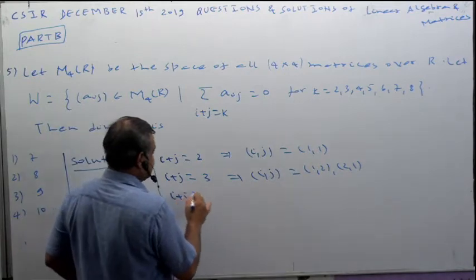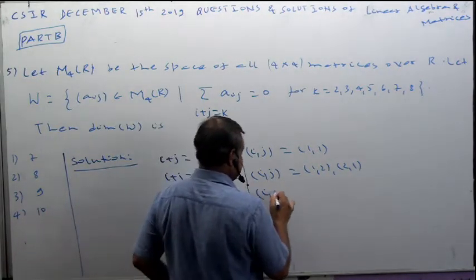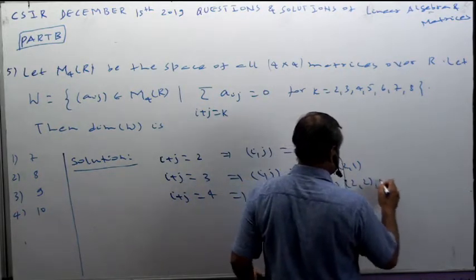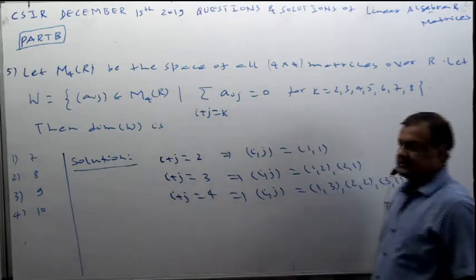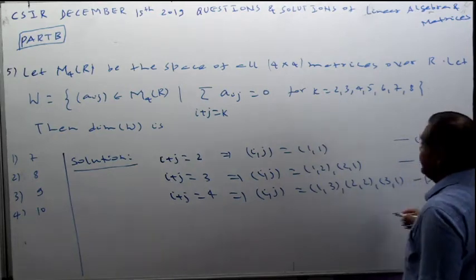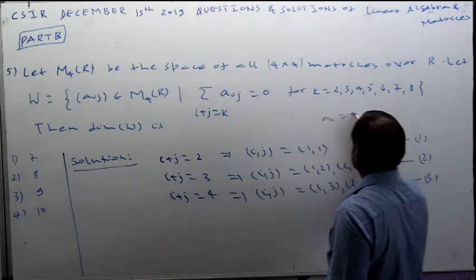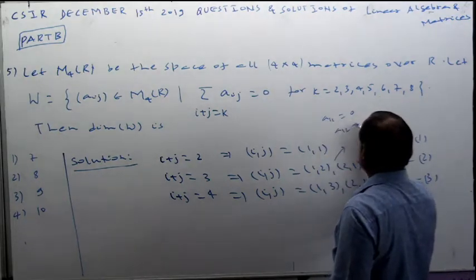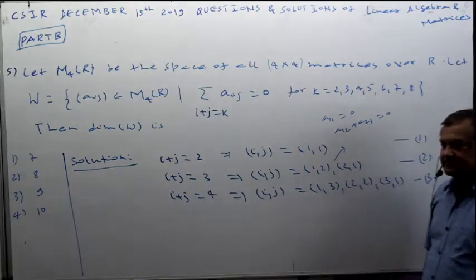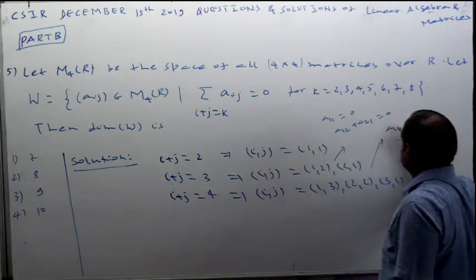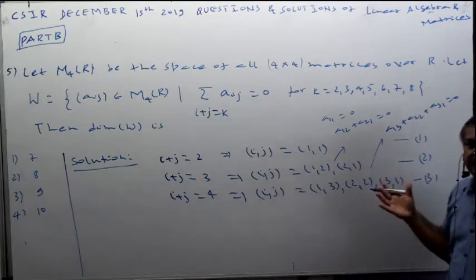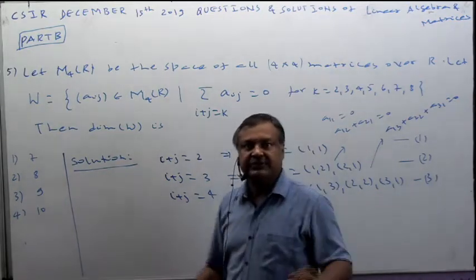i plus j equals to 4. That will give you three cases. That is 1, 3, 2, 2, and 3, 1. Are you happy? How many restrictions? One restriction. Two restriction. What is the restriction? If you are in dilemma, restriction is A11 equals to 0. What is restriction for this? A12 plus A21 equals to 0. Each time new variables are appearing. What are restrictions for them? A13 plus A22 plus A31 equals to 0. Each time new places are coming. So they are independent restrictions.